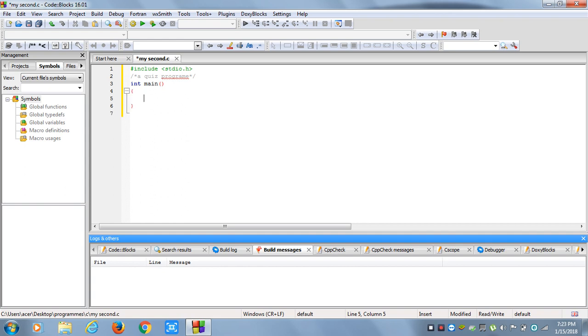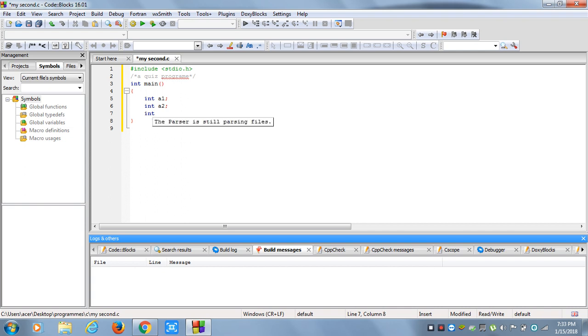Then we have to give the variables that we will be using in this program. You can start the variable from int a1. This is our first variable that I'm going to use, and after it you have to put a semicolon. Now our next one is int a2, again a semicolon, and our next is int